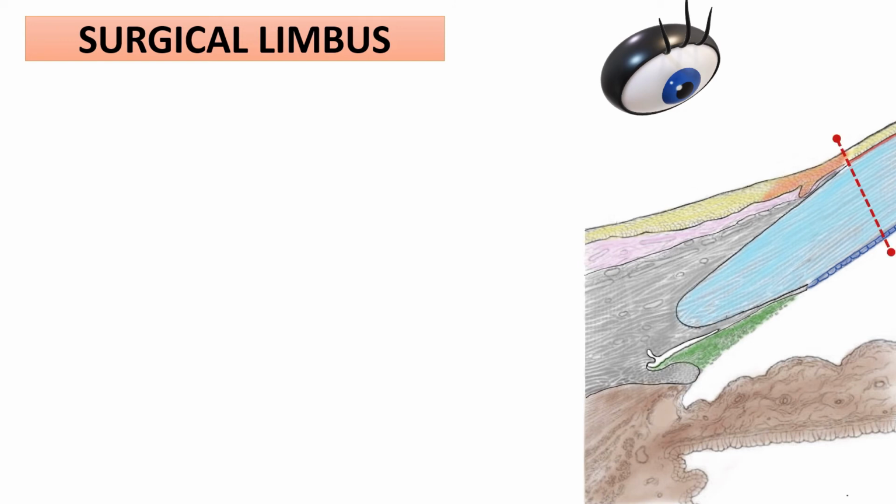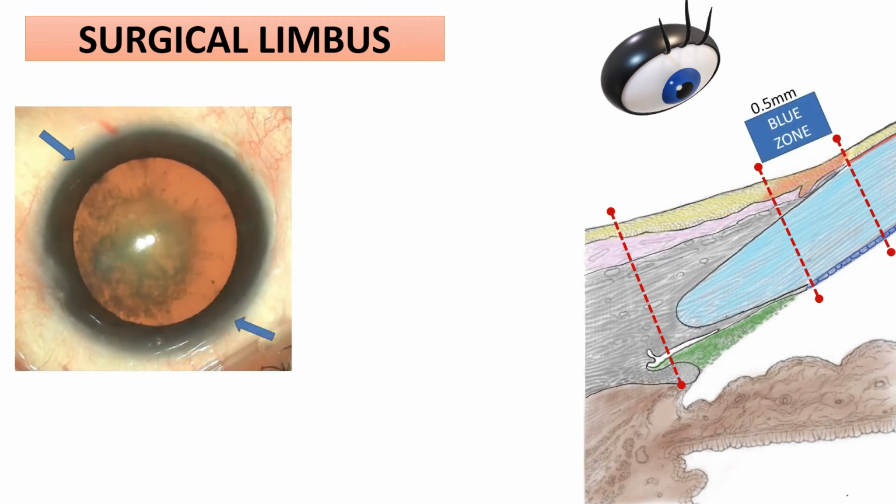The second line drawn is from the end of the limbal epithelium downwards and intersects at the Schwalbe's line. The third line is from the scleral spur upwards. So now with these 3 lines, we have a surgical limbus. The rectangular zone within the first and third line is called the surgical limbus. The anterior zone between the first and second line is called the blue zone because it appears bluish in color from outside, as seen in this adjacent diagram. This thin blue ring that you can see all around the cornea is nothing but the blue zone.